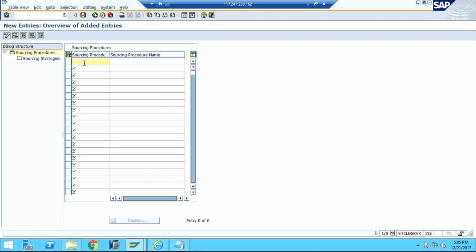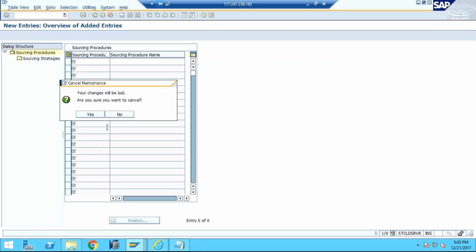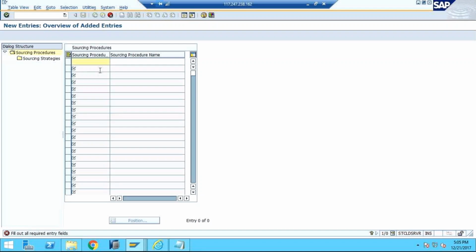Generally, I prefer sourcing process. Let me check. Okay, so we have to give a Z name or Y name. So I am giving Y source. Now give any